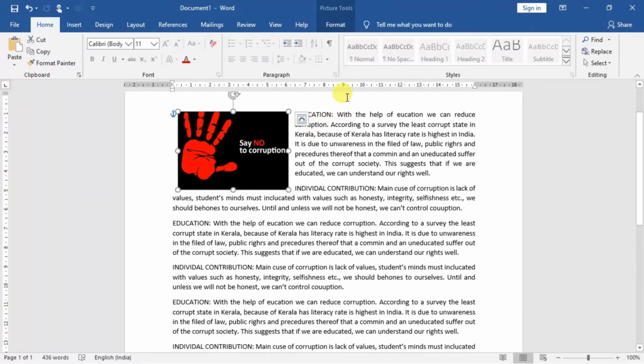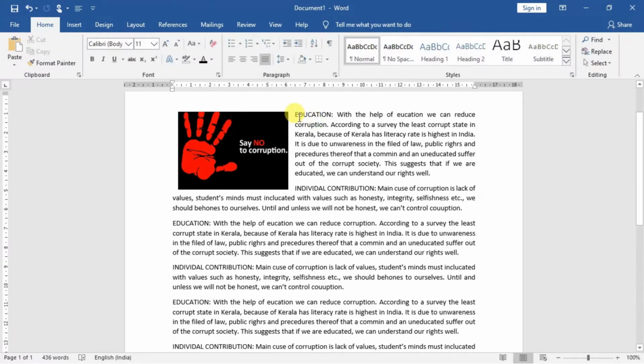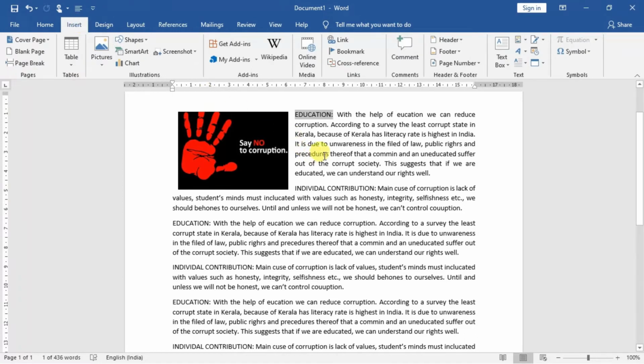So I'm highlighting this one, and then you can go to the Format tab, that is the Arrange group. Okay, and afterwards you will be able to choose your choice of wrapping style. All right, another important thing is out here. Suppose I am keeping my cursor out here, highlighting it, and then going to Insert, and then I'm finding the Text group.